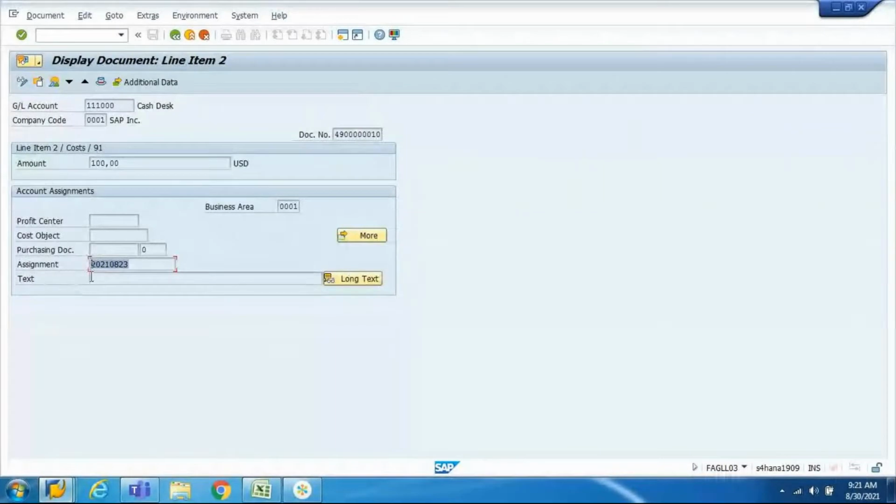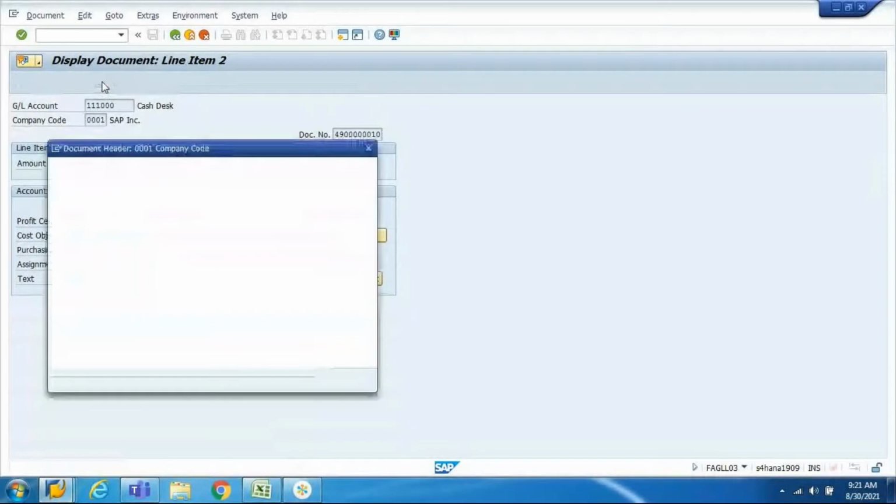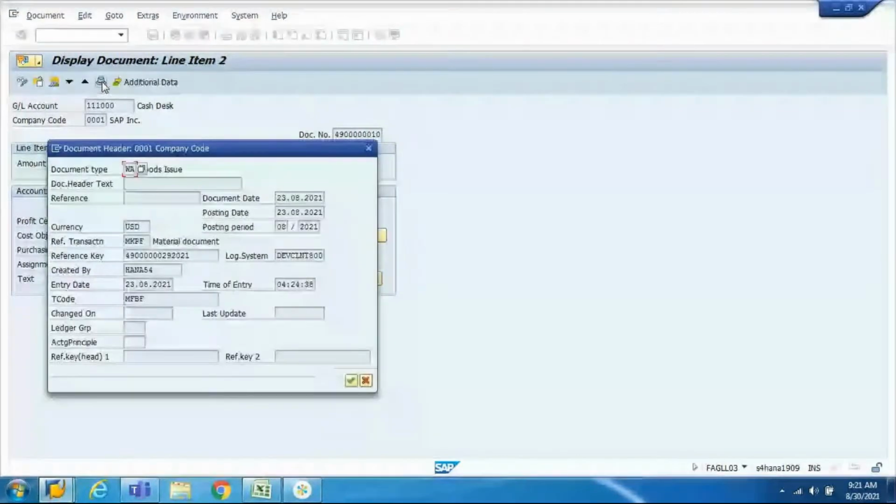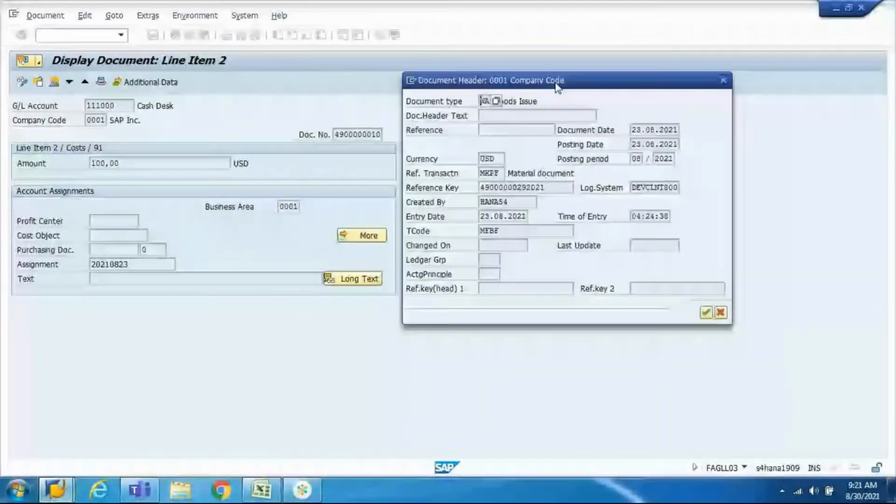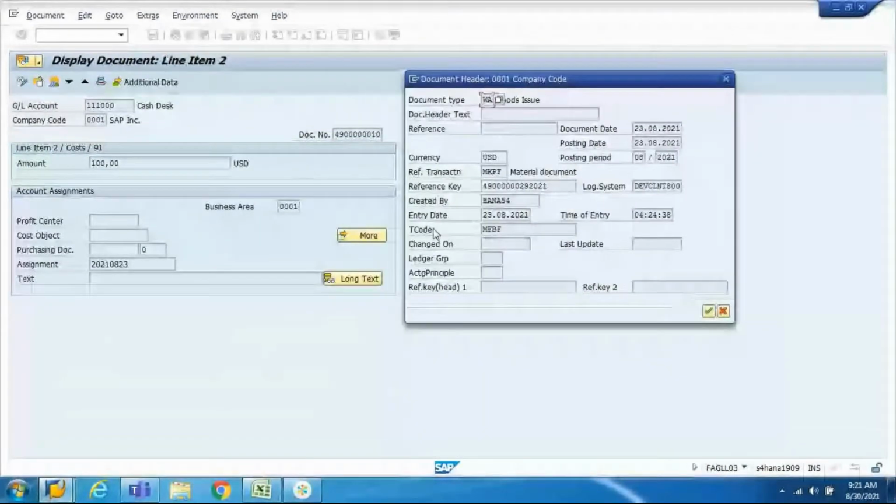Posting date. This is the date, right? If you go check this, this is here, and look at the date here. Sorry, posting date. Where is posting date? This is 23/08/2021. This is always updated in the assignment field in reverse. This is your date, month, year format. Your assignment will come as year, month, date format.